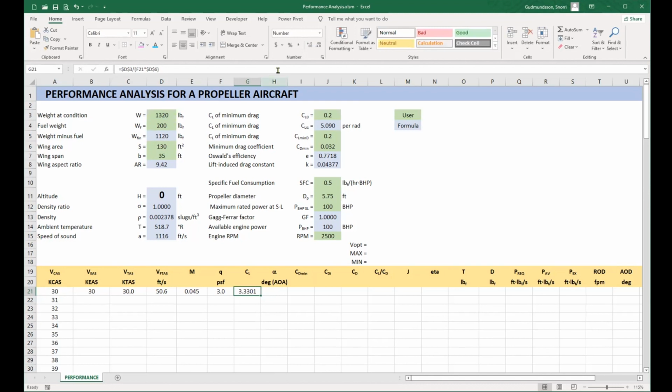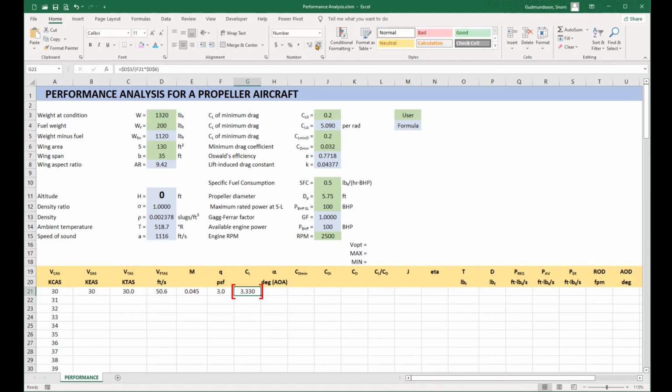Now, here's an important point. You see this returns a value of 3.330. This airplane has a maximum lift coefficient of, say, 1.5 clean or without flaps. We must recognize that just because we can calculate this value does not mean the airplane can generate it. This value simply means, in order to maintain level flight at 30 kCAS, the airplane would have to develop 3.33,